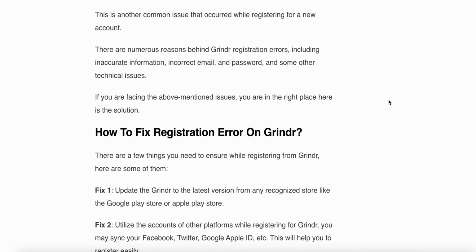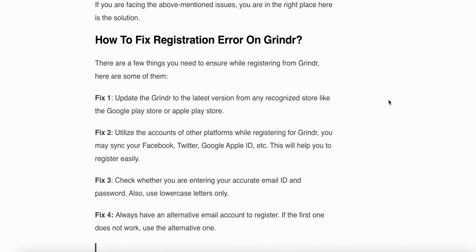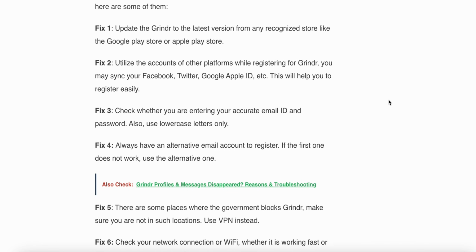Now we see how to fix the registration error on Grindr. There are a few things that you need to ensure while registering on Grindr. The first fix is to update Grindr to the latest version from any recognized store like the Apple App Store and Google Play Store. The second fix is